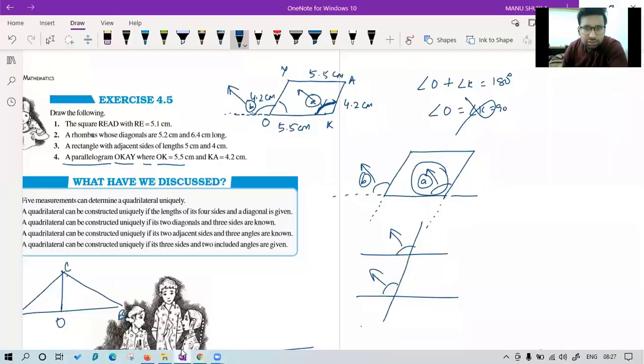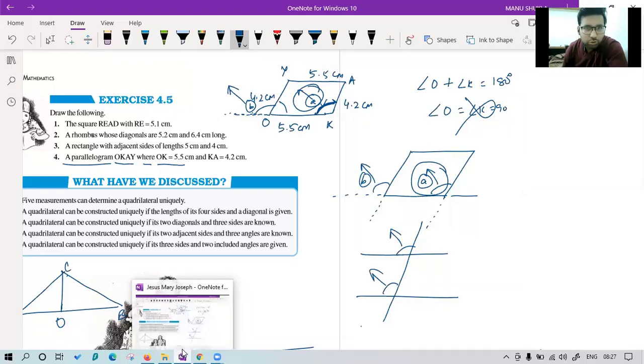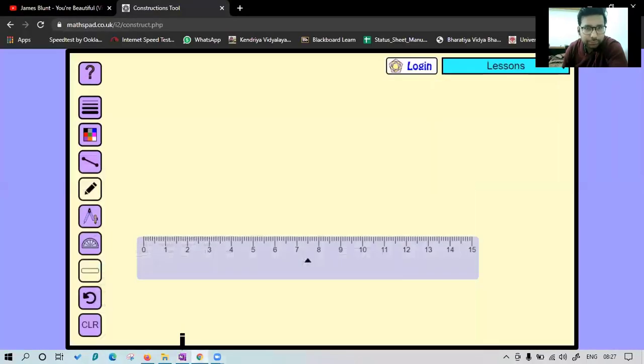Tell me what is the length of this base. We can make a rectangle. Abhinav, yes, we can make a rectangle also because a rectangle is also a parallelogram. But still, let's go with a 60-degree angle. Okay, let's see what happens. Let's take an angle of A equal to 60 degrees and base OK equal to 5.5. Let's try. So first, draw the base 5.5.